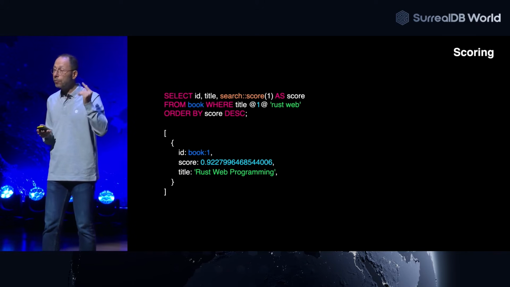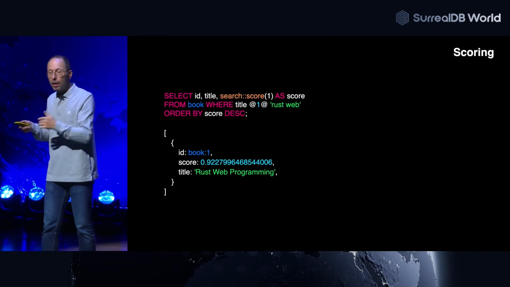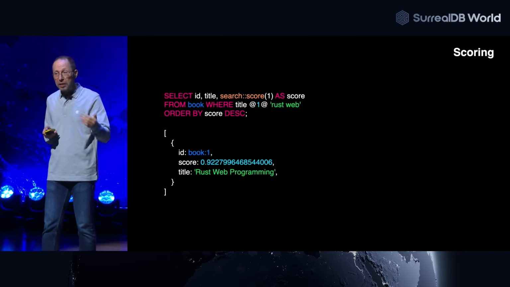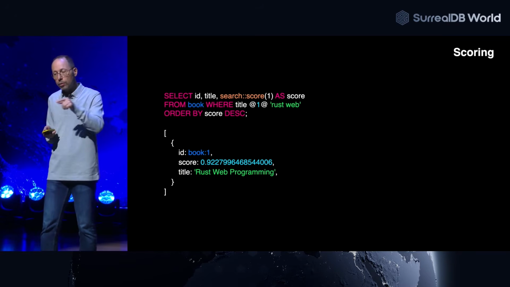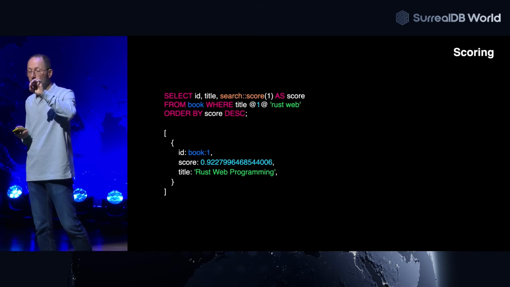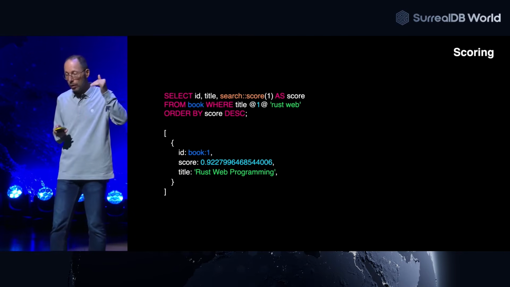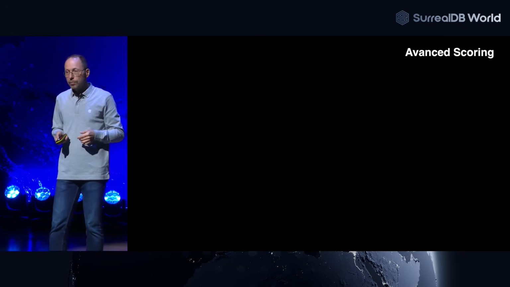By default, we don't sort. Remember, we are integrated to SerialQL, which means that you have to specify order by. You are in control. You decide if it is sorted or not. So it's just, you sort by score. Score is just the field that we put after the function. Search score as score. You can label it the way you want. It's just a value.